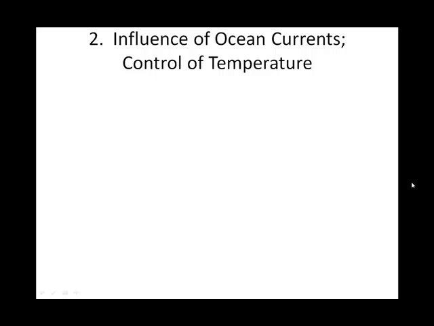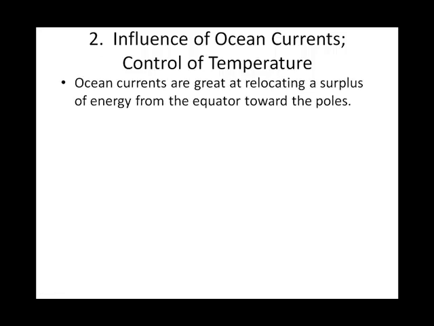So large bodies of water, oceans, have a moderating effect. They tend to diminish the temperature swings of coastal locations. But large bodies of water have currents in them that are warm currents or cold currents. And I don't know if you remember, but at the end of chapter 2, we talked about